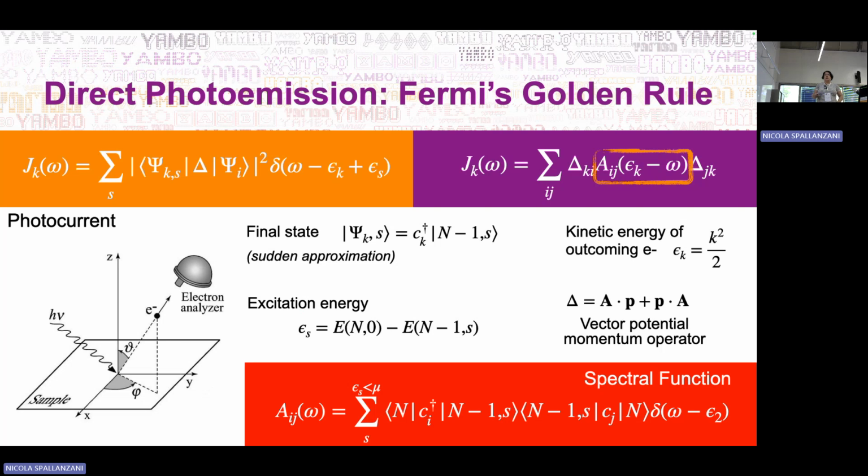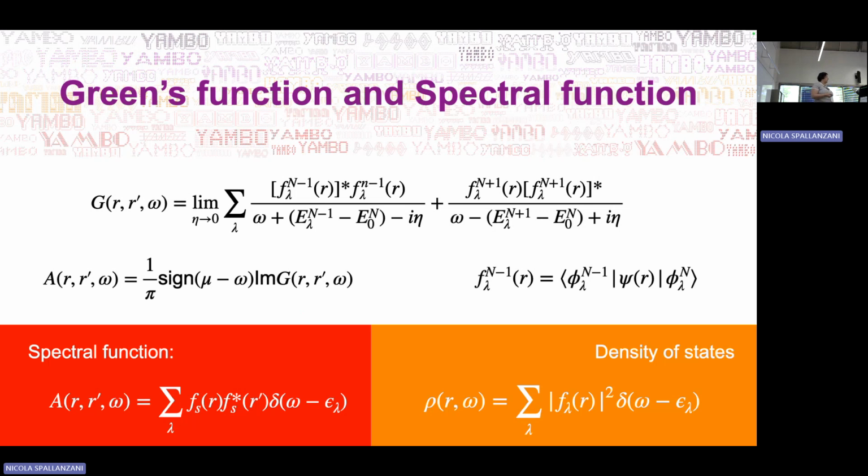these elements here. So this spectral function can be directly obtained from the Green function. So the spectral function that we can obtain from photoemission can be obtained directly from the Green function. It corresponds to the imaginary part of the Green function. And so if we compute the imaginary part of the Green function, we see that we have precisely the same expression of the spectral function that we saw before for the photoemission experiment, where we have these F elements that we've seen before.